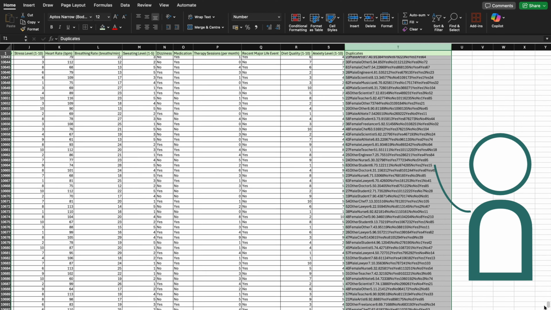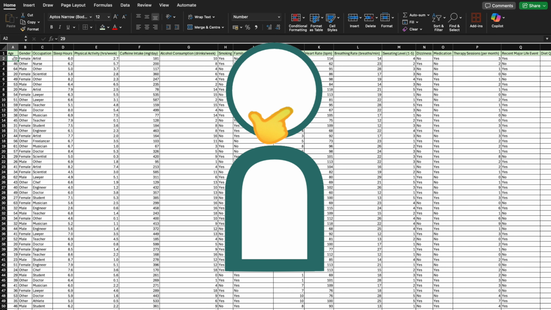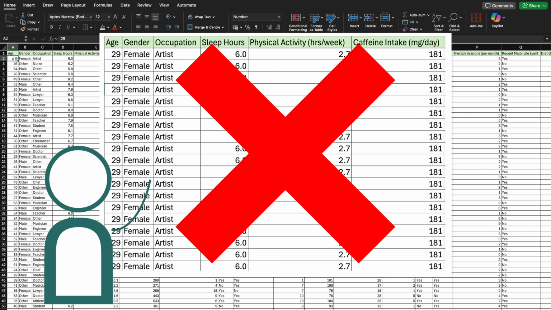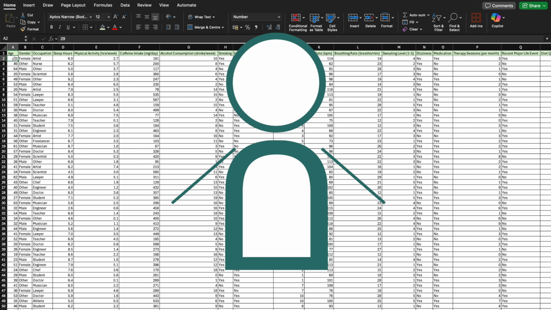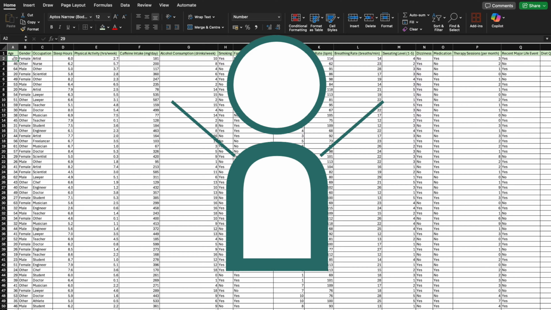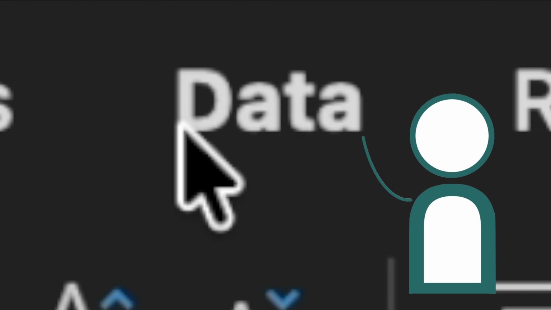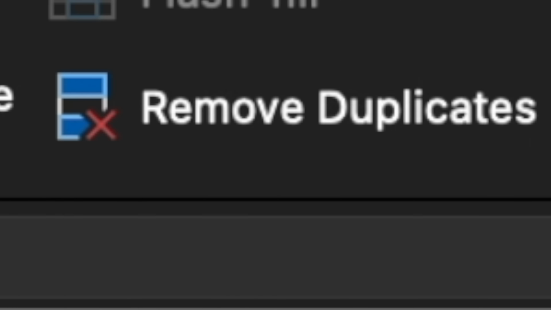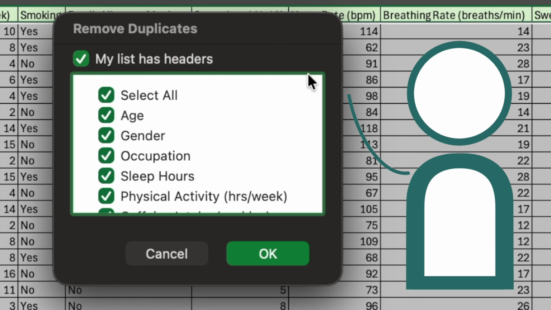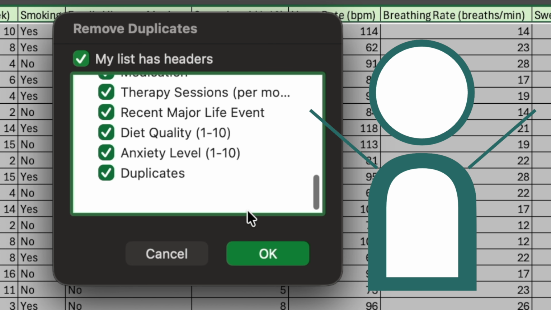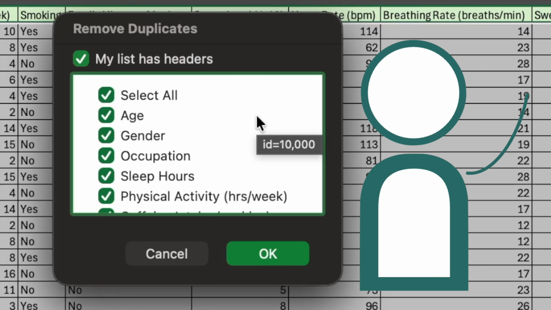no cells highlighted red. And if you want to make sure that there is definitely no duplicate within this dataset, then use the remove duplicate function. So first of all, select the entire dataset and click on the data tab and go down to remove duplicates and click on it. And in this case, I want to select all of the columns since there isn't any